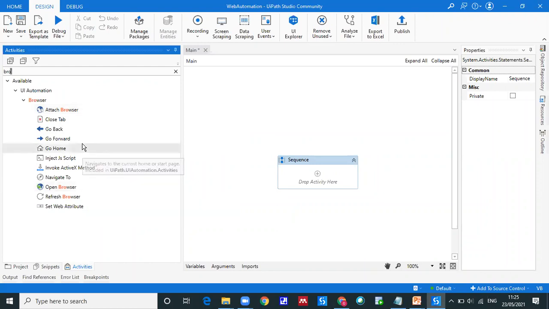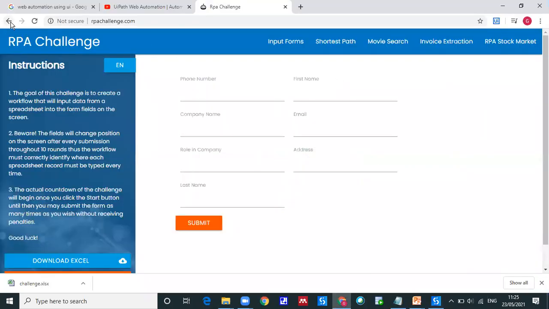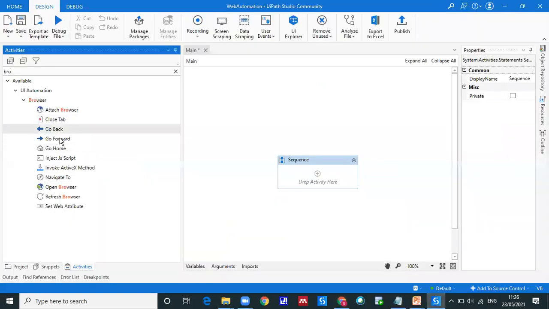These are some sub activities like go back, just like on a website there is an option like this one, go back. If you want to go to the previous tab or previous action we've done, we click on this go back option. Similarly, we have the go back option here, and go forward, which is exactly the opposite of go back. Go to home, meaning the home page of that particular browser, it will go to home.